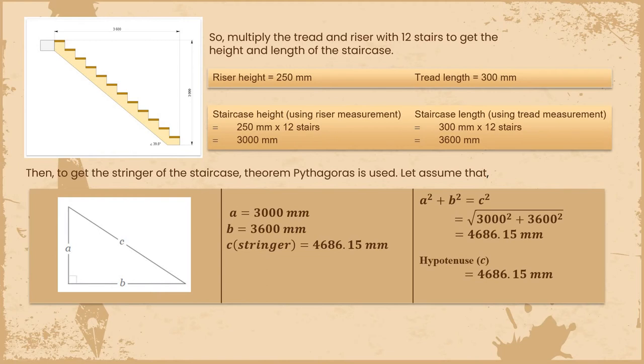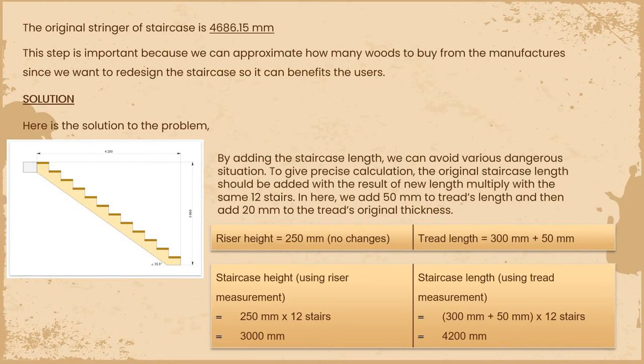To know the stringer of the staircase, you need to use the Pythagoras theorem formula, which is that. So 3000 squared plus 3600 squared, then take the root, equal to 4686.15 mm. So as you can see, the original stringer we get is 4686.15 mm. This step is very important for us to approximate how much wood to buy from the manufacturer. The solution to this problem is to add to the original staircase length